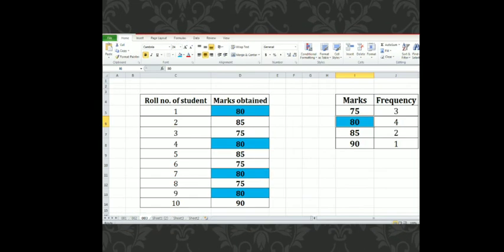In the second row, the marks 80 represent a frequency of 4. Let's cross check in table 1. Roll number 1, roll number 4, roll number 7 and roll number 9 obtained 80 marks, meaning 1, 2, 3 and 4 students have obtained 80 marks, so the result shown in table 2 is correct.